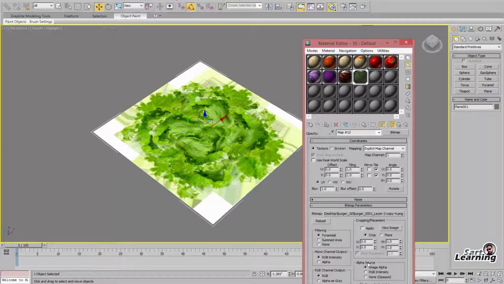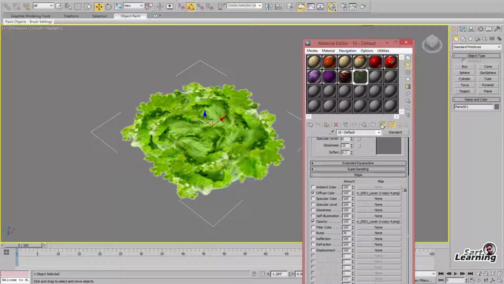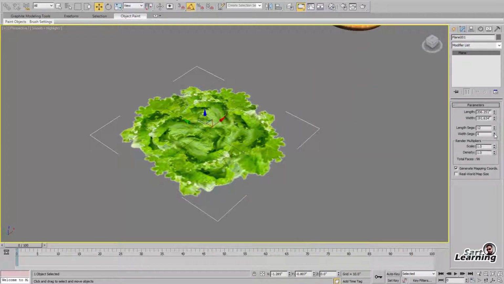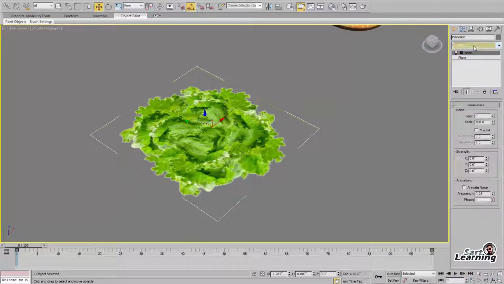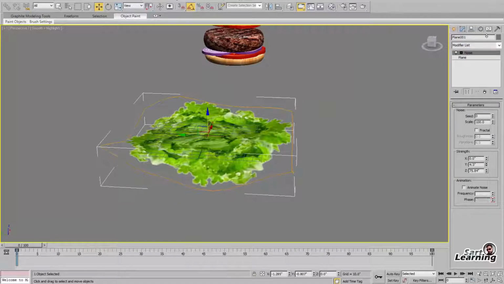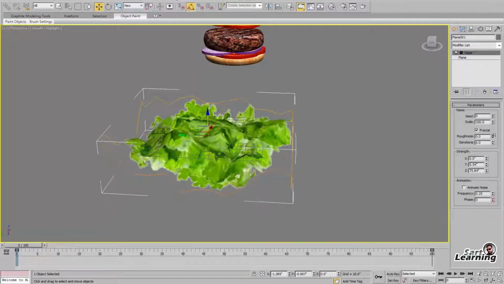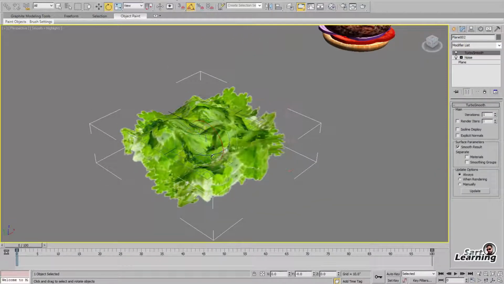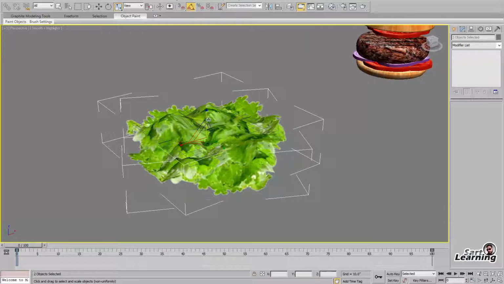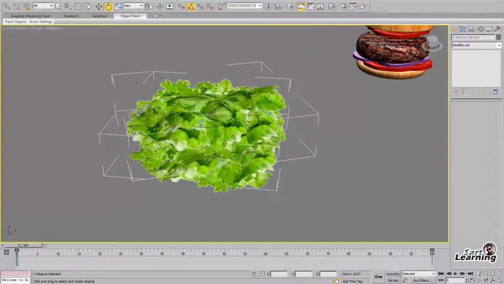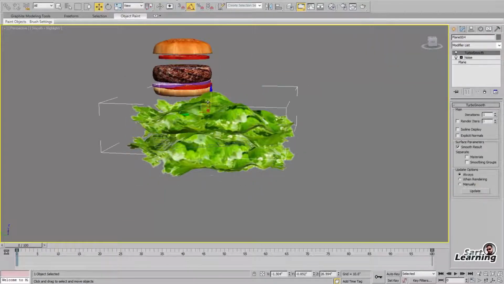In opacity I am going to turn on this alpha channel, so it is going to make the outer edges of the plane transparent. Now to give some randomness to the surface, I use noise and increase the Z amount and fractal roughness, so it looks a little rough, and I am going to duplicate this to make multiple copies of the lettuce, so it looks a little more